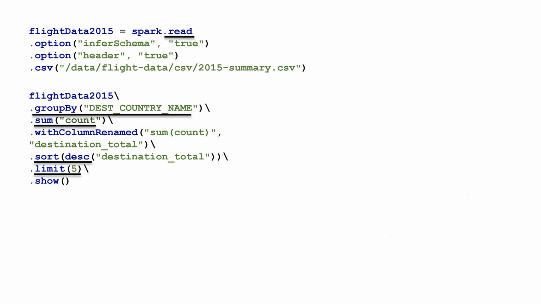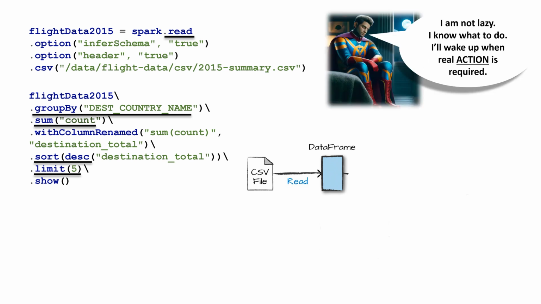Now these are transformations. Let's see when we run this in Spark SQL, how is it judged and formulated by our Spark's engine superhero. So when we run a read transformation, it generates a data frame from the CSV file. At this point of time, our superhero is sleeping because it's a transformation. It doesn't do anything. It's just looking at the transformations you are giving to it, and it is forming a